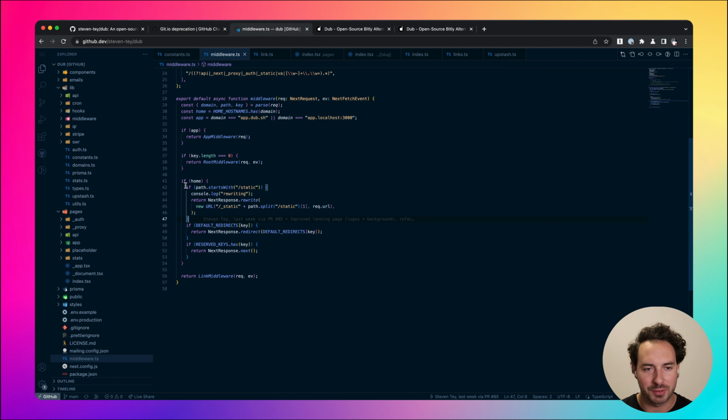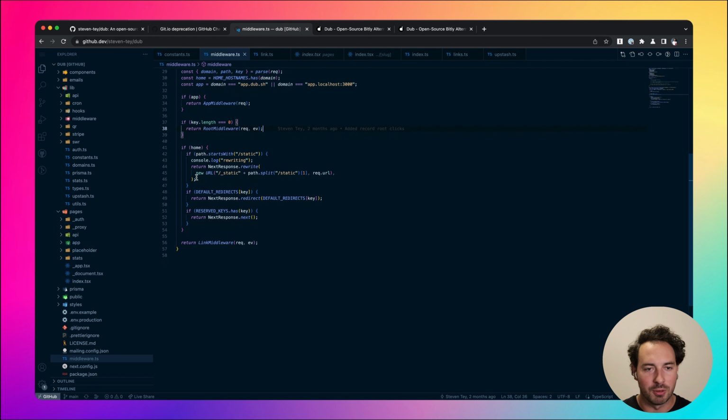Let me elaborate a bit, because it's also the longest if statement here. If it's app.dub.sh, it's pretty clear that it belongs to the app. So we easily redirect here. If the key length is not 0, that means the key is whatever comes after, passed in with the path. If this is 0, then it's the root middleware. If it's not 0, then we're going through the home route. And